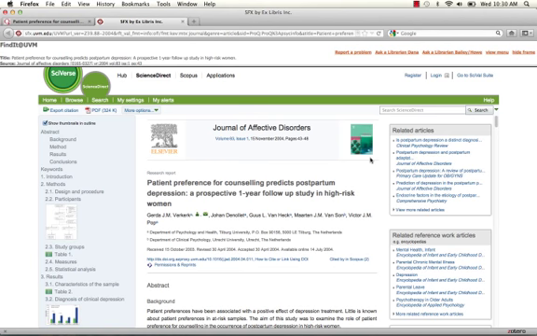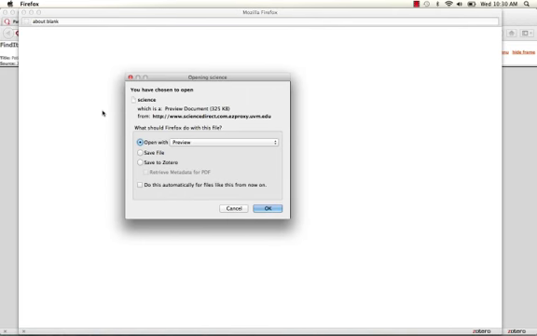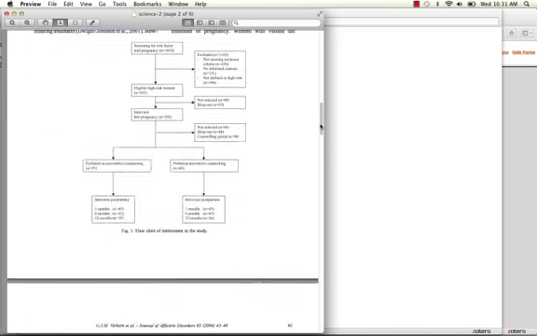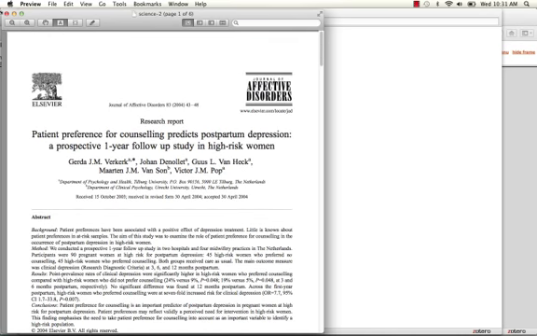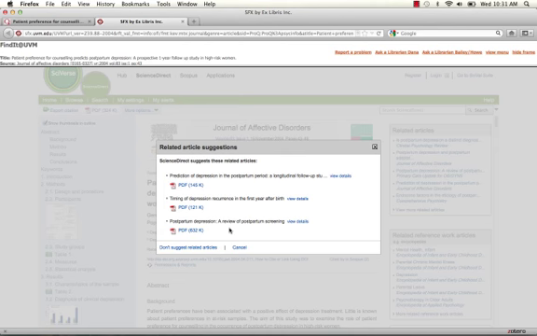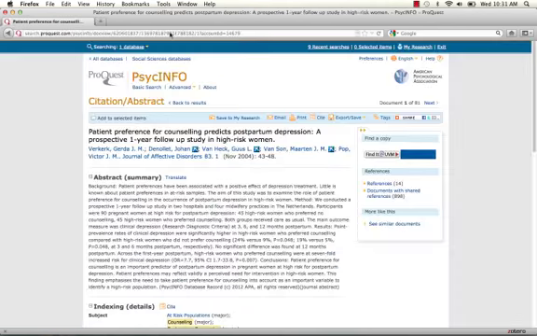So this has taken us out of PsycInfo, out of our ProQuest PsycInfo database, and put us in a database called ScienceDirect. And ScienceDirect actually does have a PDF, and if we click the PDF link, it'll pop the article up for us. And we can then read the full text of the article. So the Find It at UVM button really is your first line of defense for finding an article out of